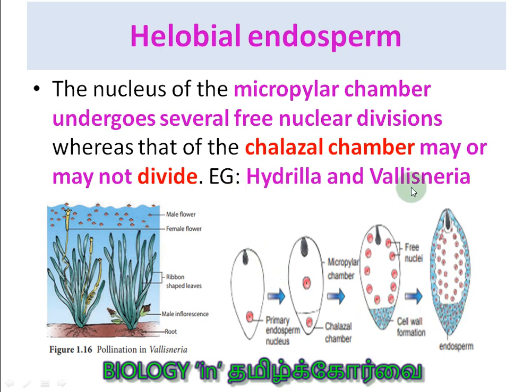Examples: Hydrilla and Vallisneria. And here I would like to stress one more concept. Hydrilla and Vallisneria, both the examples given are water plants. Already we discussed Vallisneria in pollination. So this is the Vallisneria. Likewise, you can recollect. If you learn Vallisneria, immediately you should recollect that somewhere else we learned Vallisneria in this lesson. Where is it? Let me go and see this, so that you are able to recollect the pollination. When you study the endosperm, you can learn about pollination also. So these are various methods, one of the methods by which you can improve your memory.